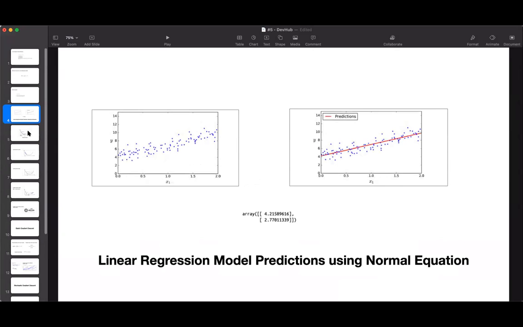The general idea of gradient descent is to tweak parameters iteratively in order to minimize some cost function, which is RMSE, or you may say MSE here. So now suppose, let us take a situation. Say you are lost in the mountains or in a dense fog, and you can only feel the slope of the ground below your feet.